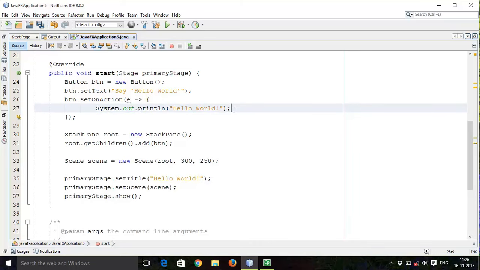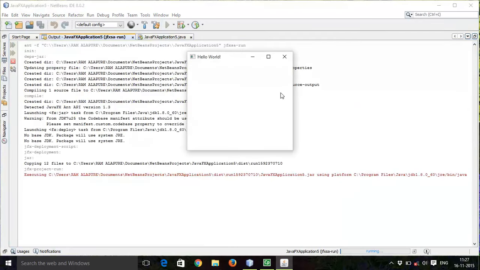So you can add one more hello world println, or you can add any other expression in this set on action method. So save this and run. So here is our output window,